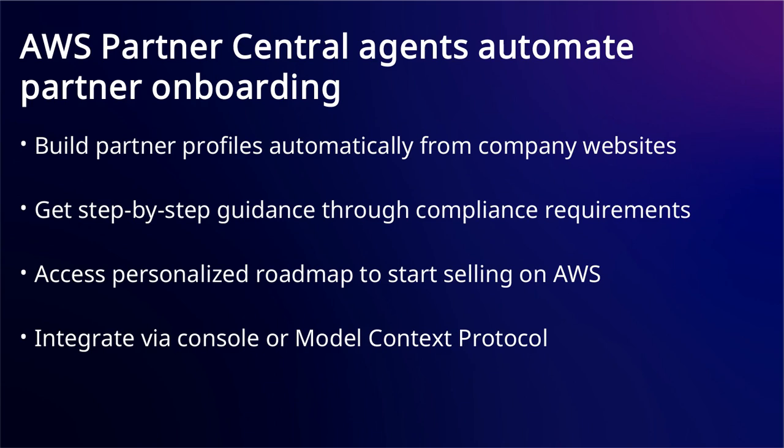New partners face a complex process to become ready to sell with AWS, requiring navigation through profile setup, compliance verifications, tax and payment configuration, and marketplace listing creation across multiple documents. AWS Partner Central agents solve this by automating the onboarding journey. You can build complete partner profiles automatically as the agent pulls information from your company website to populate industries, solutions, and capabilities. You get step-by-step guidance through tax, banking, and compliance requirements with clear explanations of what to do next